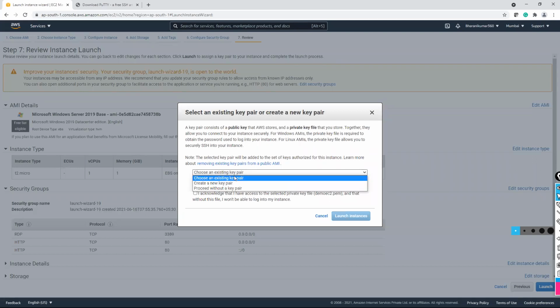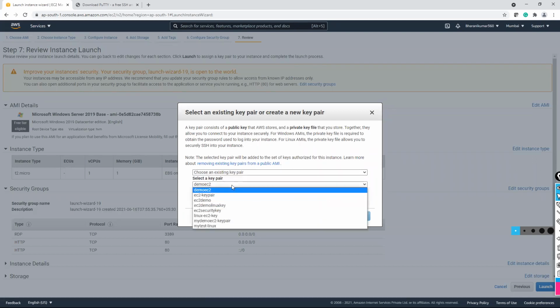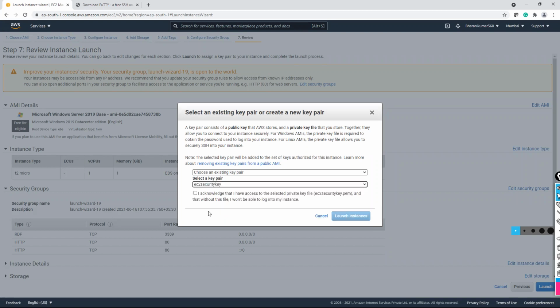Now you can go to choose an existing key pair. You'll have the one created previously. In my case, it's EC2 security key. You can use the same key pair. Yes, you can use one key pair for many instances. And launch instance.